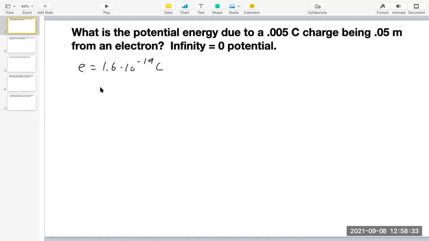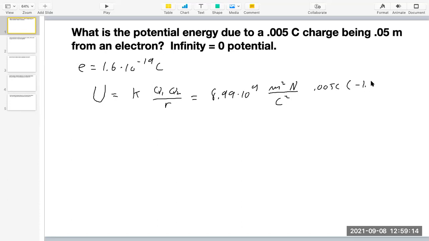So our potential energy is going to be K, newtons meters squared per coulomb squared, times 0.005 coulombs times minus 1.6 times 10 to the minus 19 coulombs